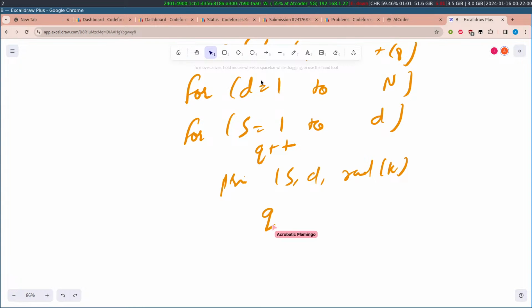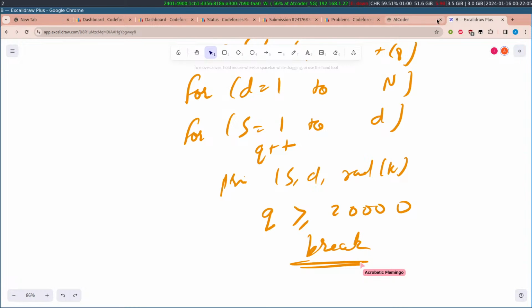If q is greater than 2 into 10 to the power 5, break. If there is a test case like this,